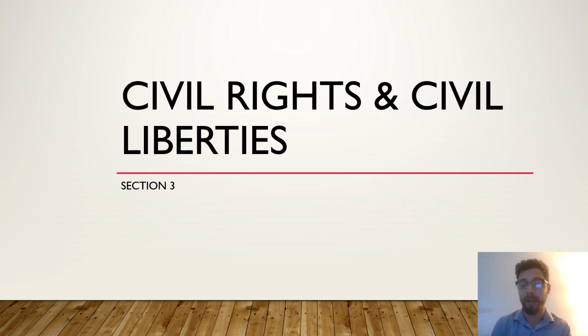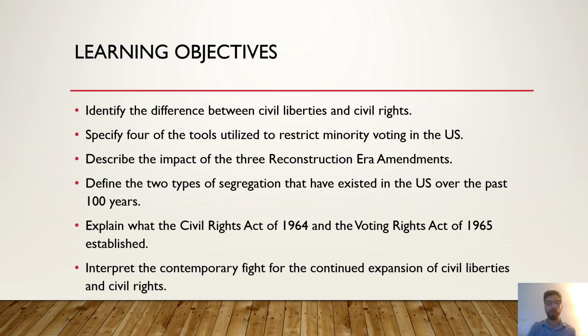And now we're going to dive into the details and the weeds once again, and we're going to explore the history of civil rights and civil liberties in the United States. So, in this lecture, I'm structuring it as a progression throughout history. We're going to start with early American history. We're going to look at the abolitionist movement, how it developed into the Reconstruction era after the Civil War in the United States right around the 1860s.